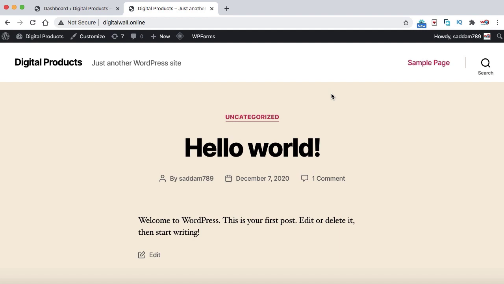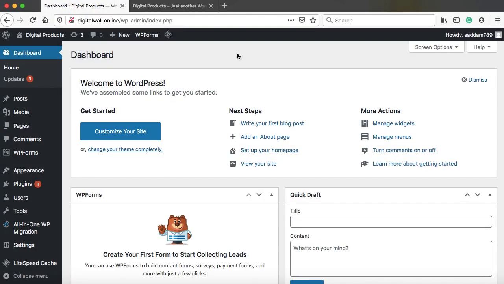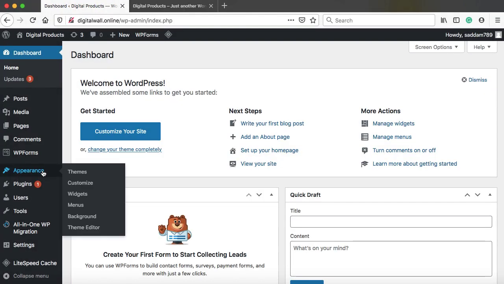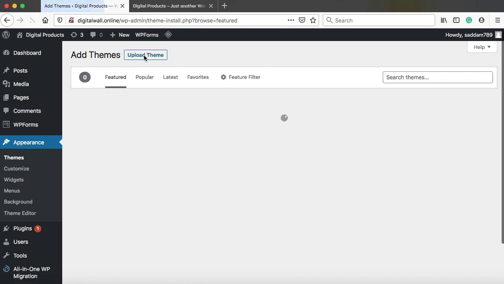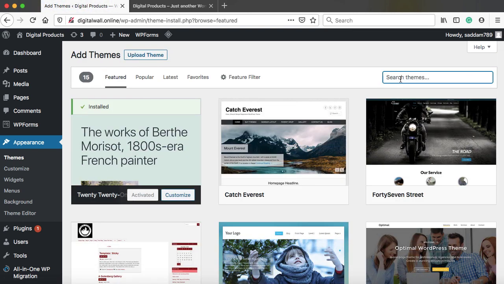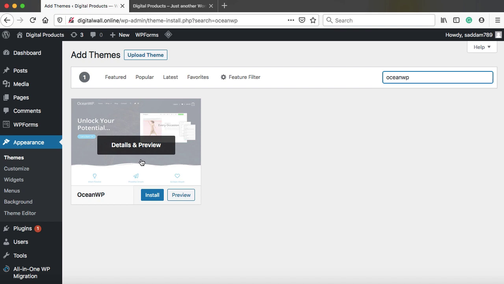So we'll be going ahead to customize this entire website. We'll be installing a new theme that is 100% free of cost, and we'll be installing a few plugins that can help us extend the functionality of this website. So let's go back to the WordPress dashboard. Firstly, we can install a free theme. Just hover on Appearance and then click on Themes. Now at the very top, you can see this Add New button. Just click on it. And in the search theme box, we need to type OceanWP. That's all one word. This is a free theme that we are going to install and activate on our WordPress website. And this OceanWP theme is best suited for creating business and e-commerce websites.